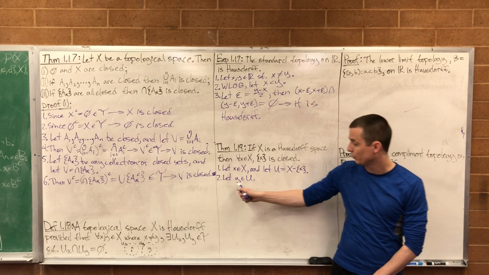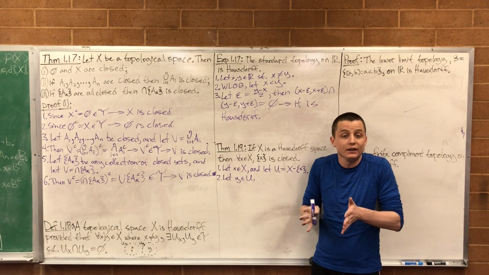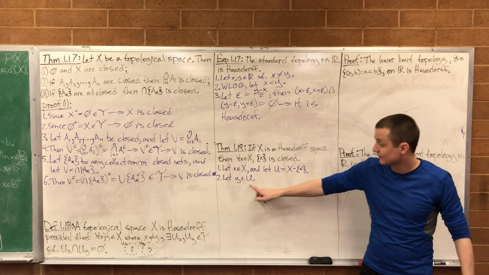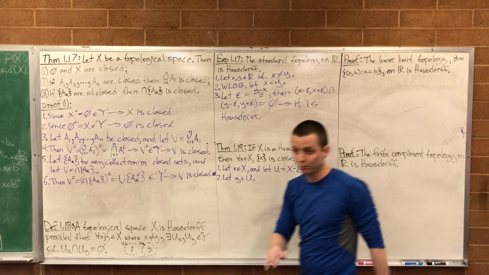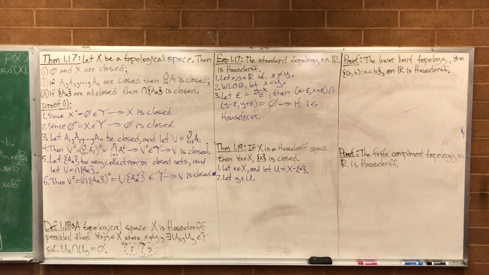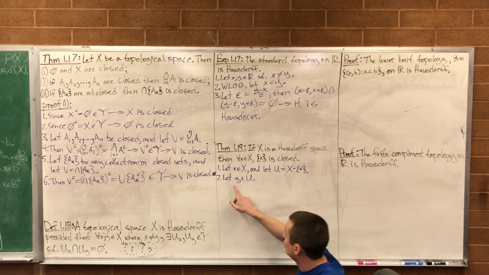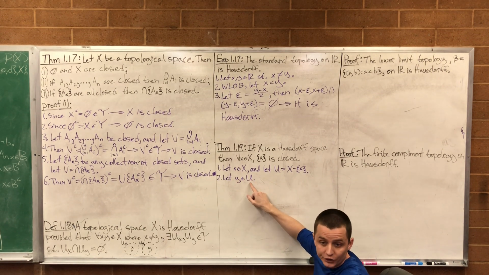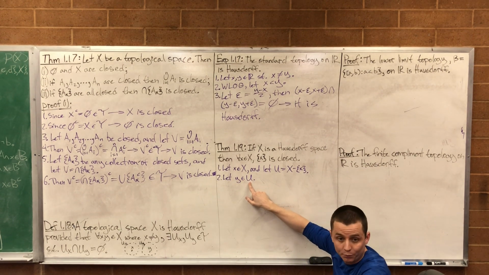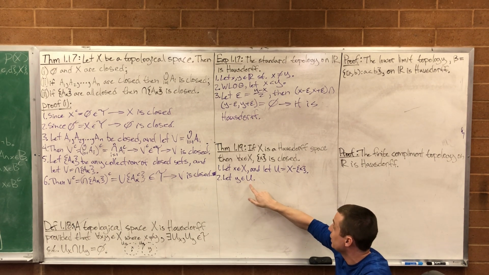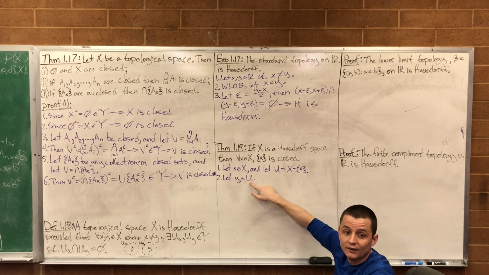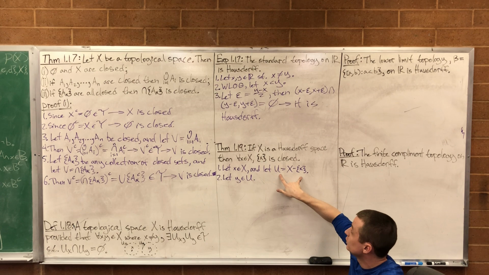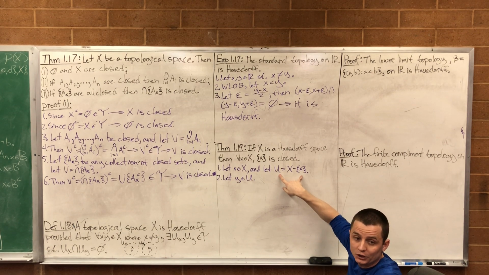So the only trick is once I pick a y in U, I need to find now some open set that's a subset of U that contains y. That's the whole trick to the problem, right? With problems like these. Okay. So if I'm going to find an open set that contains y that's in U, what's the one thing we know about that open set? If the open set is a subset of U, what's the one thing we know about it? It's open. What's U? Tell me what U is in words.